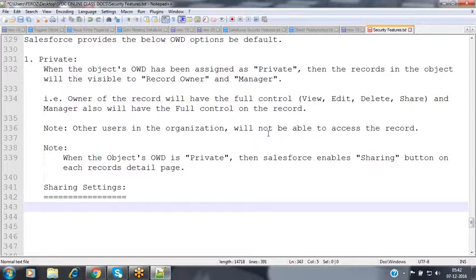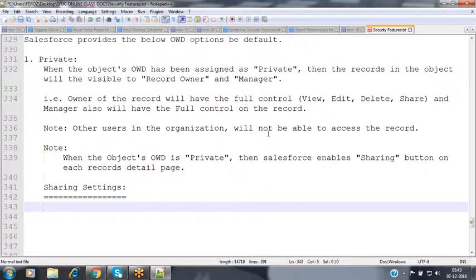By using sharing settings, we can make the record visible to one or more users inside the organization. We can also specify the level of access, whether you want to grant read-only access or read-write access.